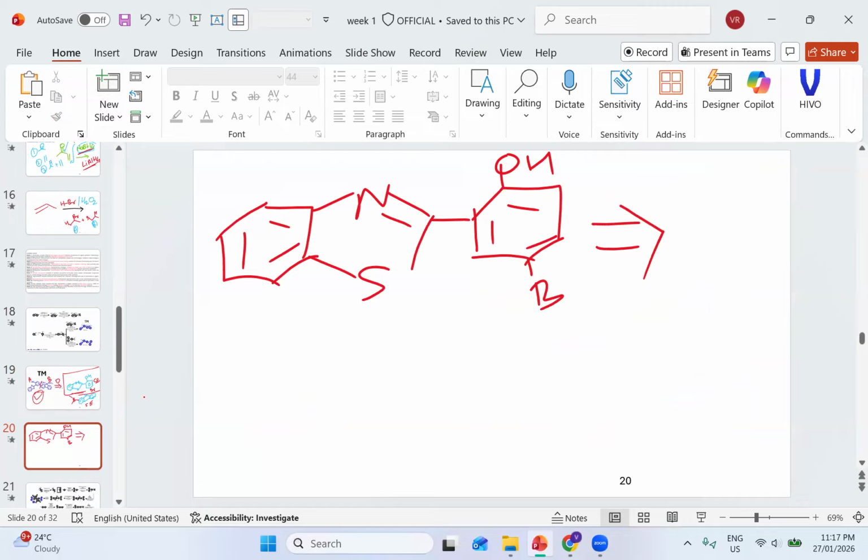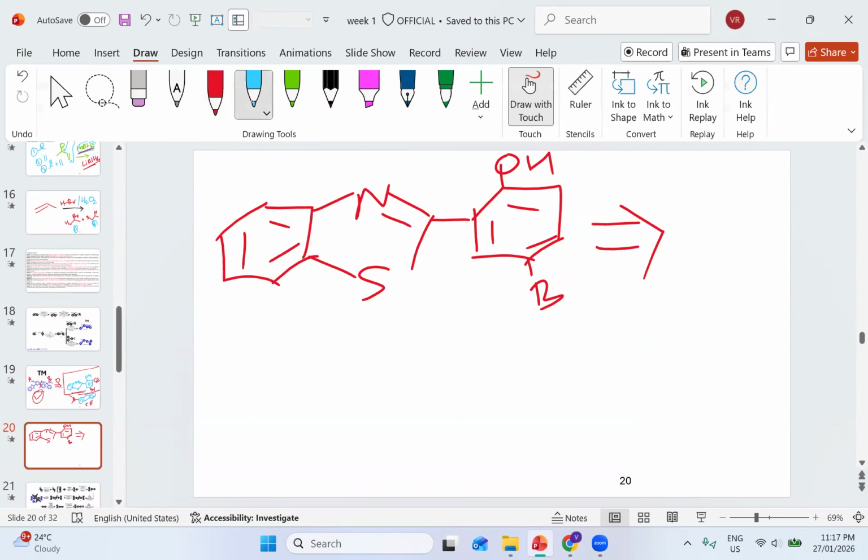If you look at this reaction, in this case, these are the two bonds we can break, and we can divide this entire molecule into two different compounds. And what will be those compounds? Two different compounds will be,